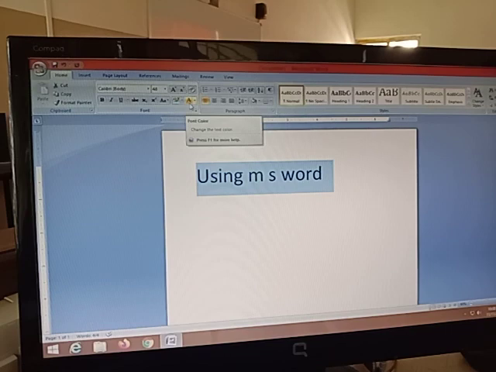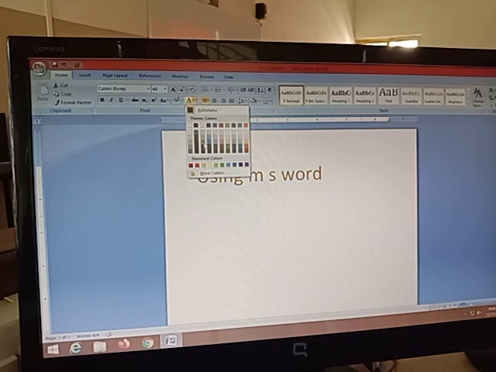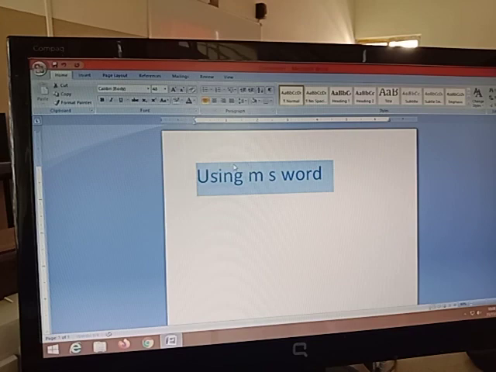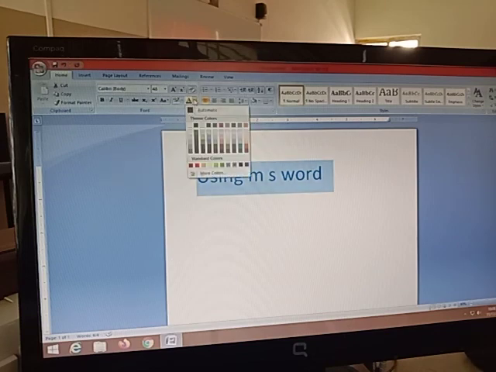You can see down there is a screen tip which will help you understand what exactly that option is. So when I click on the small combo button, I will get many color options. Whichever color you want, you can just click on it. That will be applied to your text, children. Okay, children? Now your text has come in blue color. If I want red, again I will select it and click on the color.